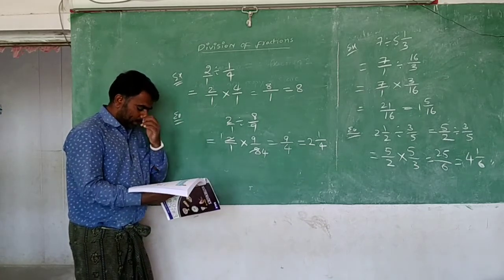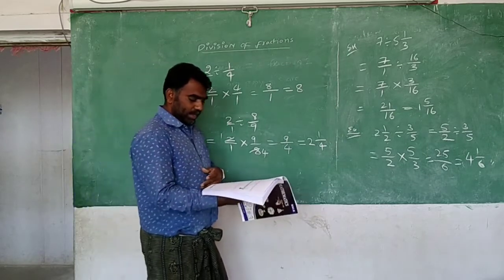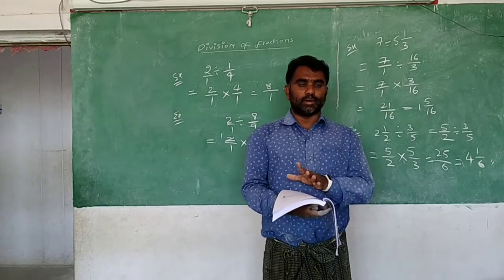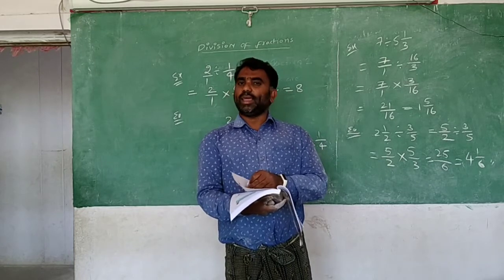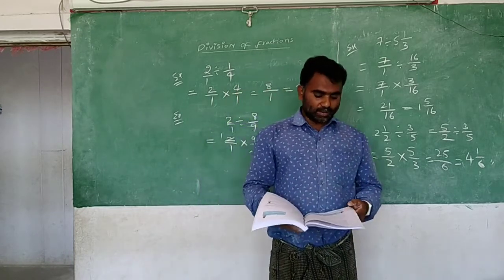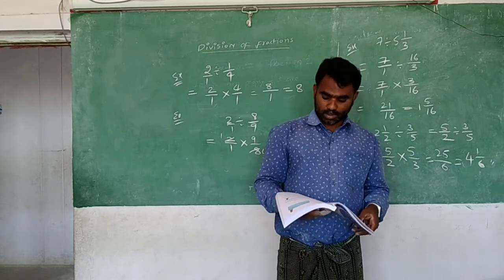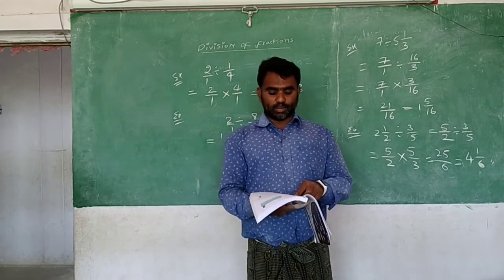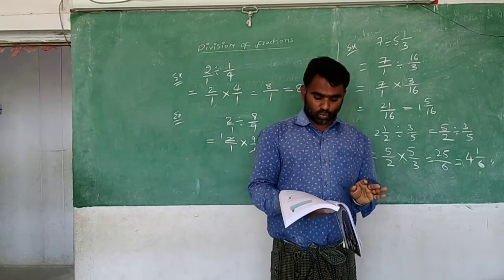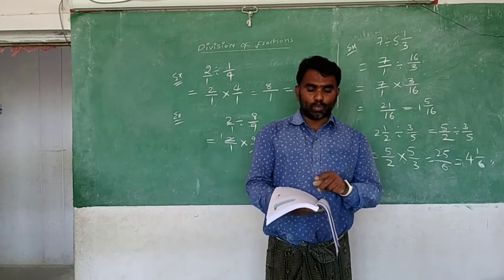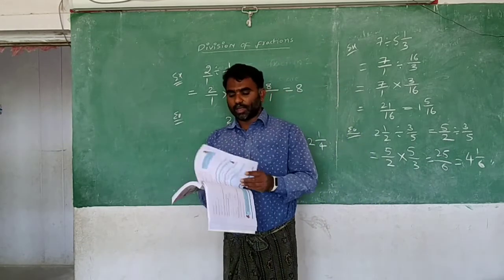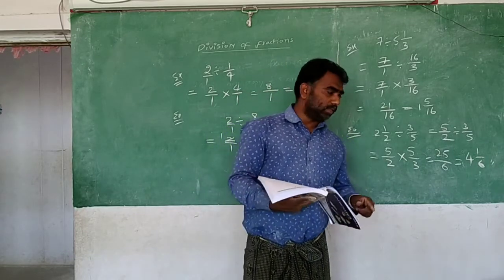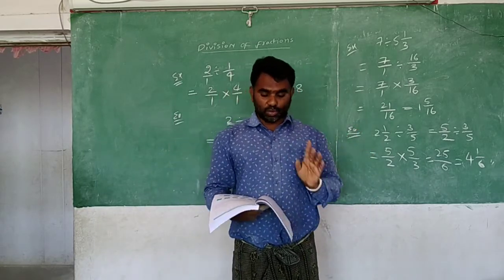Once again see that carefully. Page number 39. First bit, do this. 3 questions are there. 1 I explained. Remaining 2. And page number 40, try this. You need to write. And page number 41, 2 do this are there. In first do this, 1 problem I explained. Remaining 2. And in the second do this, there are 2 problems. 1 I explained. And in page number 42, there is one do this. In that 4 problems are there. In that 1 I explained. So remaining 3 you need to do.